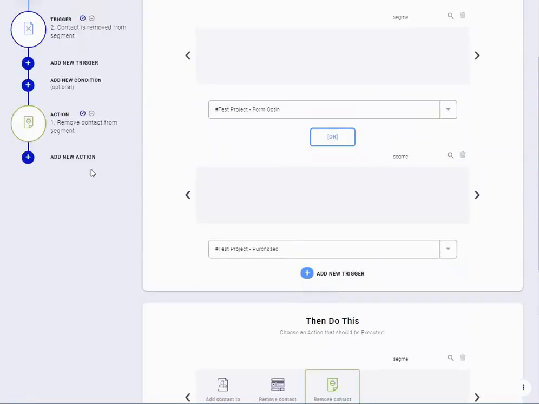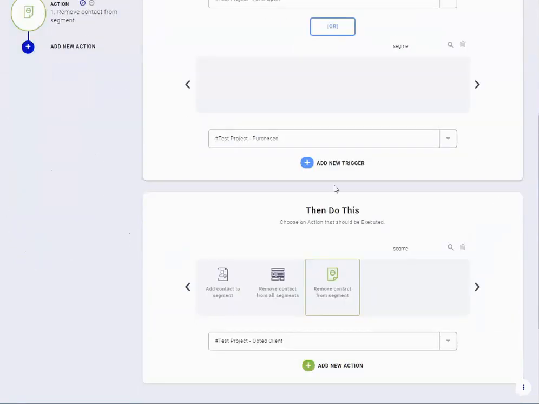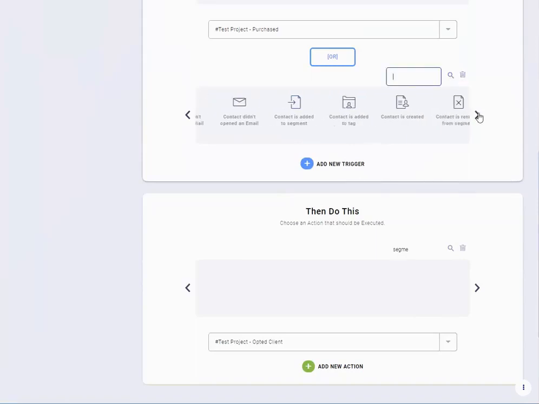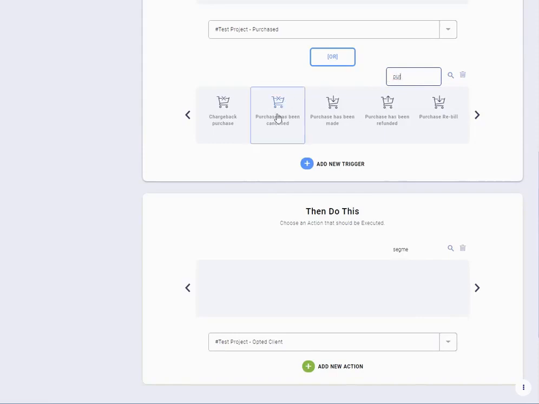Okay, so in this case we don't need a condition, but in any event, let's say for example we have another trigger. So let's add a trigger where we say when the user, we can choose purchase, for example, let's say has been cancelled, or we can choose email, click, etc.